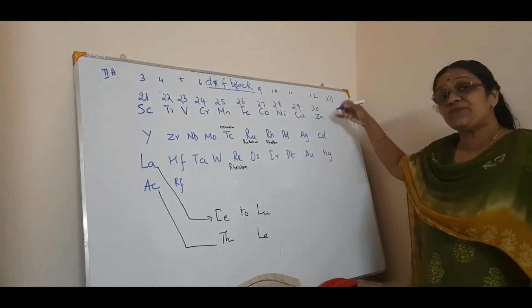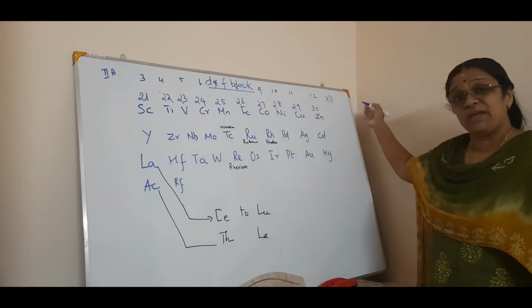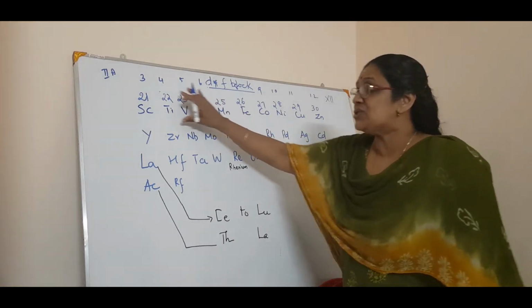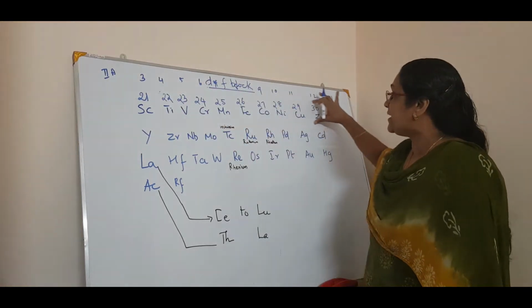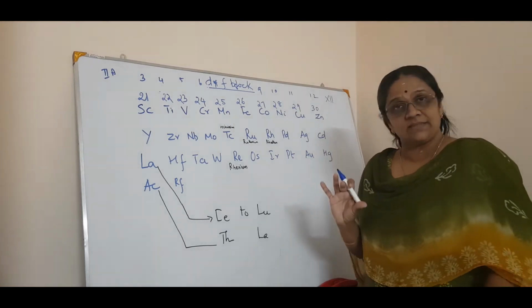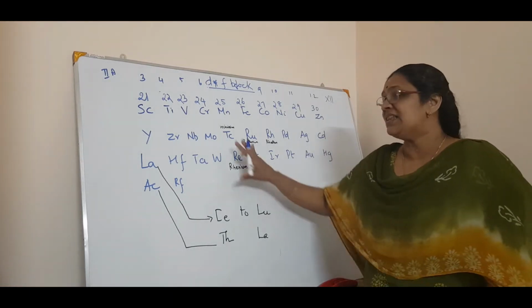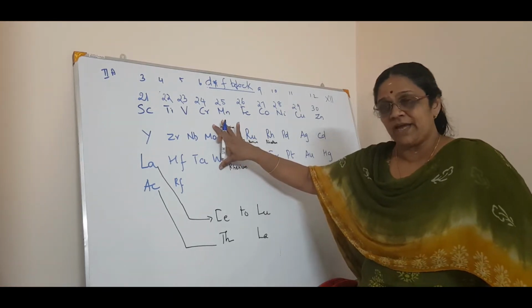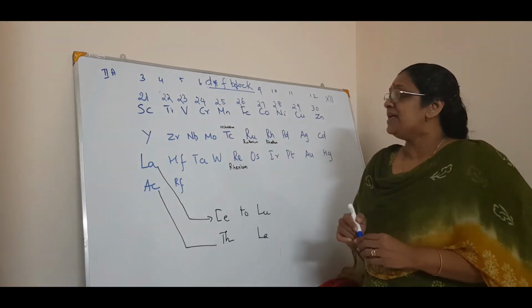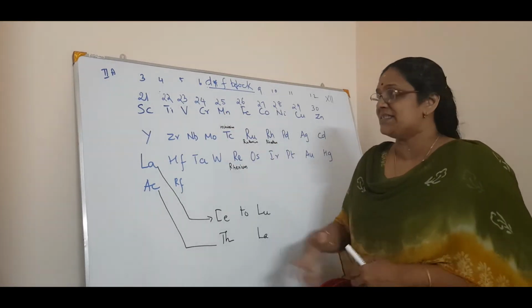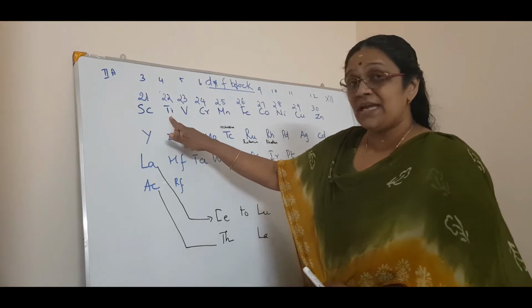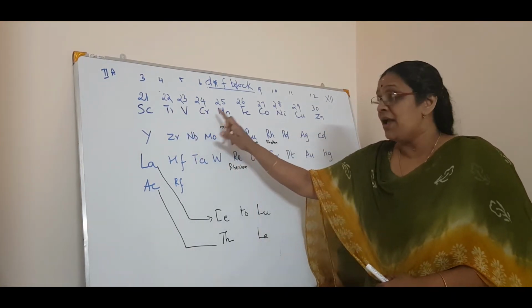Then 31 it goes for what? In 31 it goes for the P block. Okay. So at least you study this much atomic number and these elements. Okay. But still this is also very easy. Okay. So once more we will see the D block elements or the transition elements as scandium, titanium, vanadium, chromium,